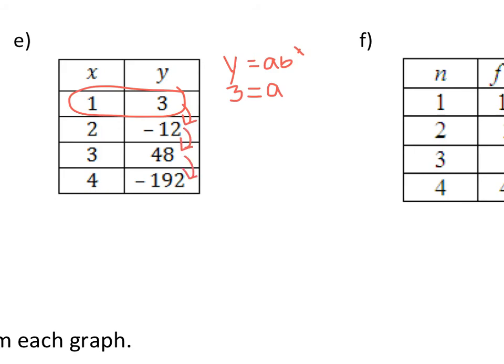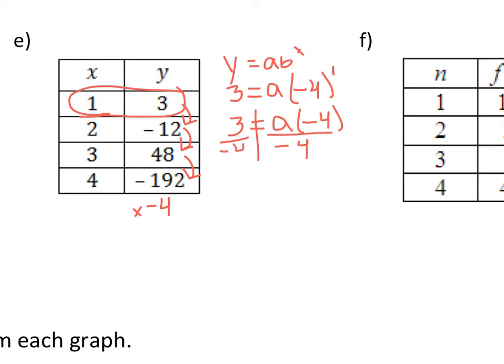What's the pattern here? 3 times what gives you negative 12? Well, that'd be negative 4. And then negative 12 times negative 4 is positive 48, so that works. So our b value is negative 4, and our x value is 1. 3 equals a times negative 4 to the first power, which is still negative 4. To get a by itself, we're going to divide by negative 4,